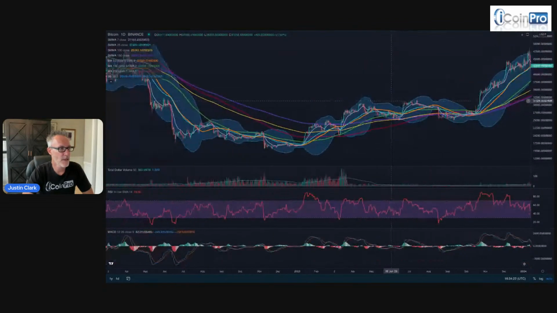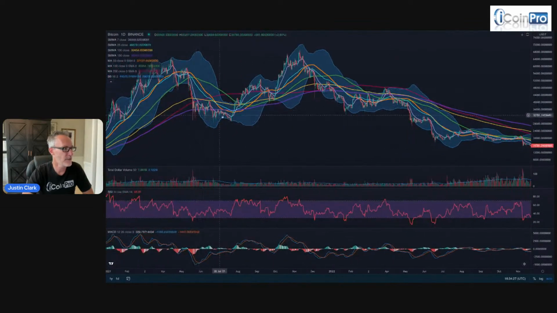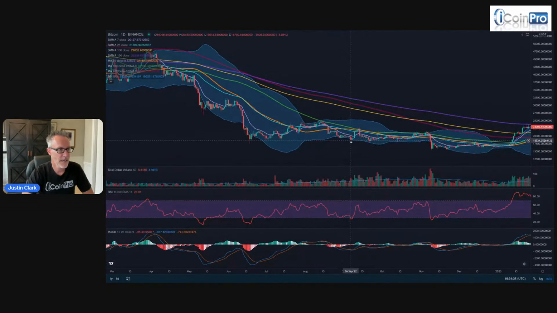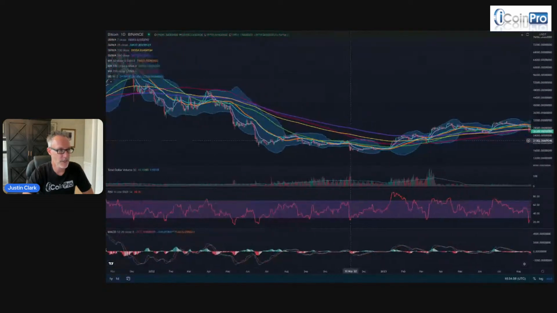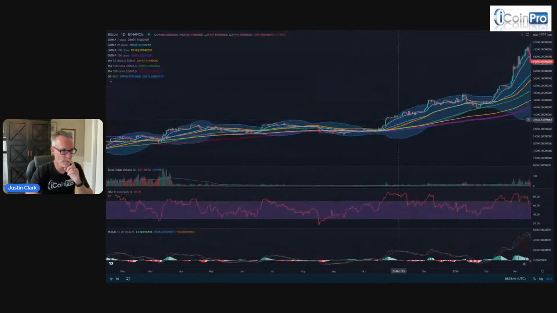But guess what? On the flip side, when we start trading below all of these moving averages, and in particular get stuck below this light purple moving average, that means that we are potentially in a bearish market and almost definitely not in a bullish market. And it's going to take a while to process out all those sellers and that fear to return back to a more bullish scenario.